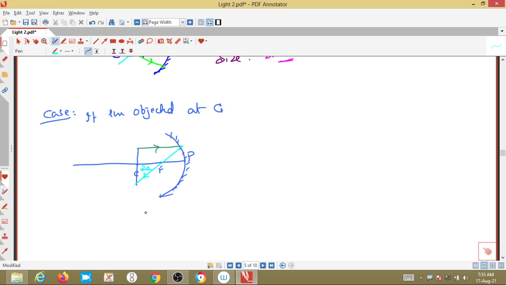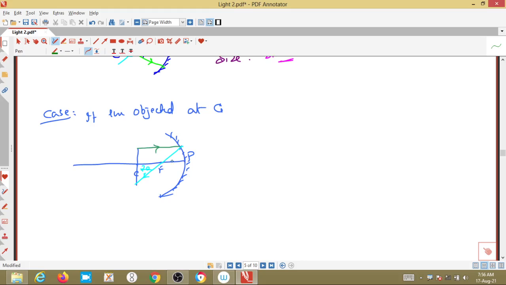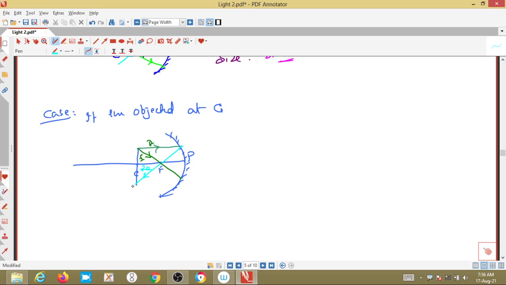Okay. Now I will take one more line, the incident ray which is passing through this focus point. In the second case, this is passing through the principal focus. Now what will happen here? How will the reflected ray be for this second condition? When it passes through the principal focus, then the reflected ray is always parallel to the principal axis, right? Now I get a line parallel to the principal axis here, that is the reflected ray is parallel to the principal axis.